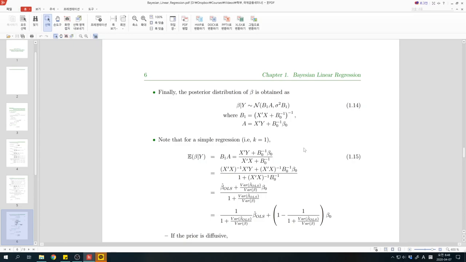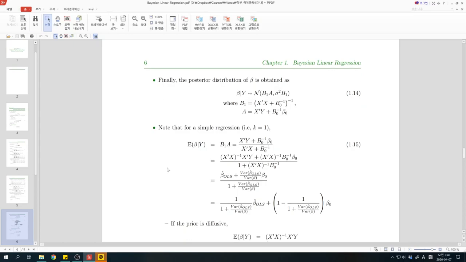Let us understand these outcomes. First of all, the expected value of beta, the posterior mean or posterior expectation. I would simply say the posterior mean of beta, and this posterior mean of beta is b1 times a. Okay, and then intuitively, if there is only, say,